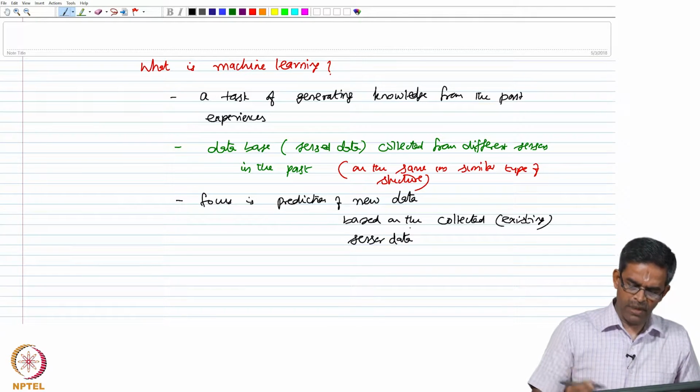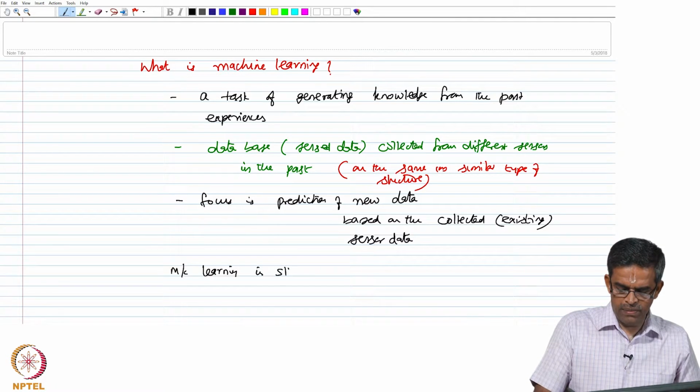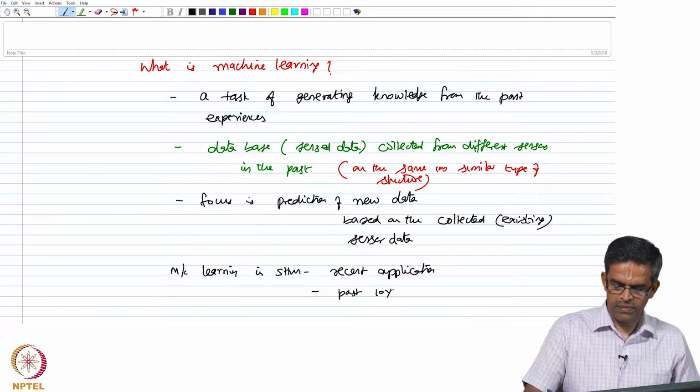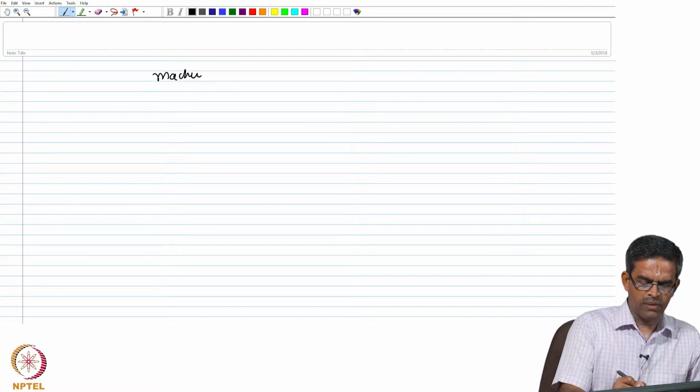It is a very recent application. Machine learning in SHM is a very recent application, maybe past 10 years. However, machine learning is very common